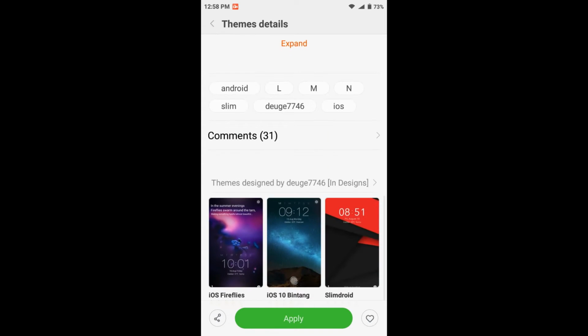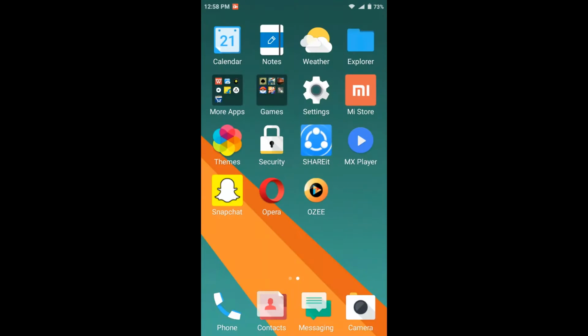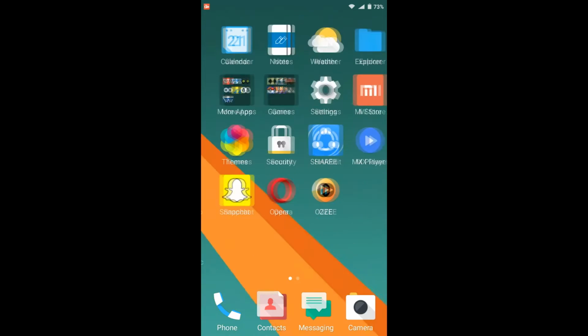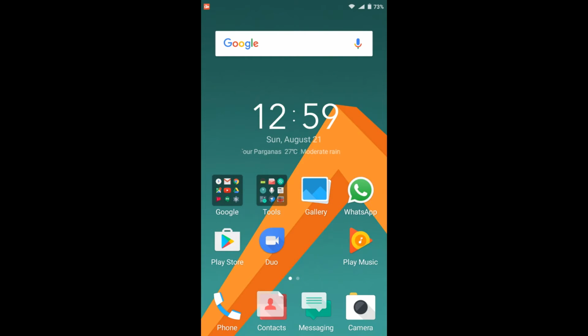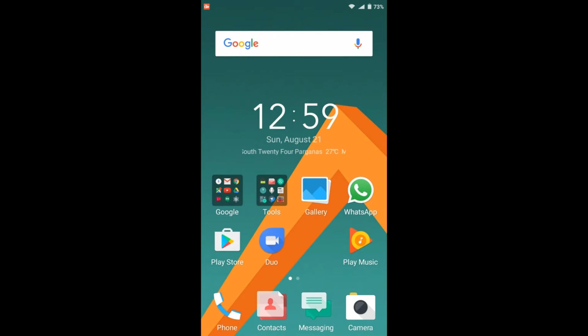As you can see, first things first, the theme's UI is very clean, very smooth. I don't know much about the performance side because currently my Redmi 2 Prime is running MIUI 7.5.2 with Android Lollipop, which is really smooth. So I do not know how this theme will affect the performance. Will it improve or will it not improve that much? But anyways, let's start with the lock screen.